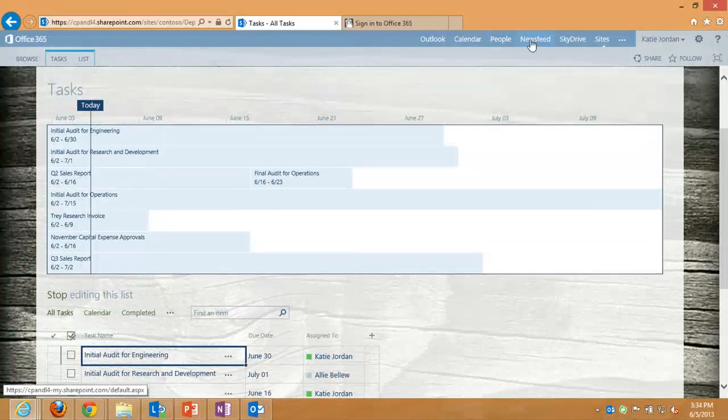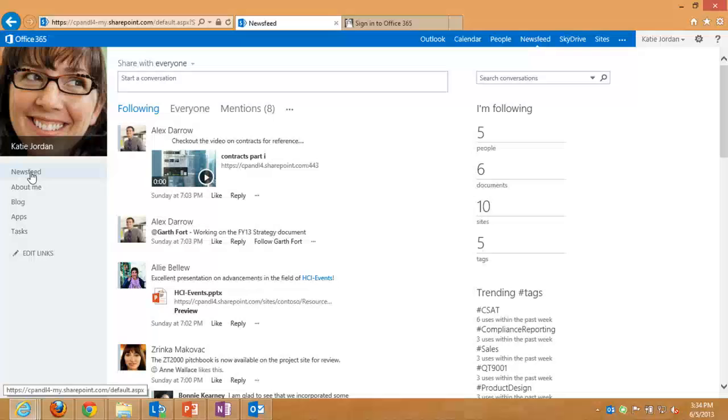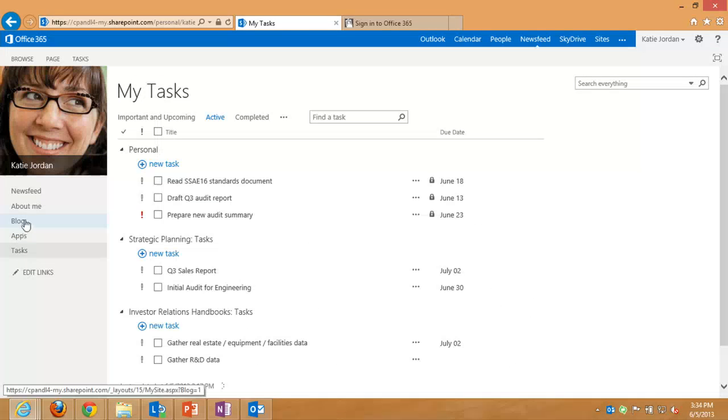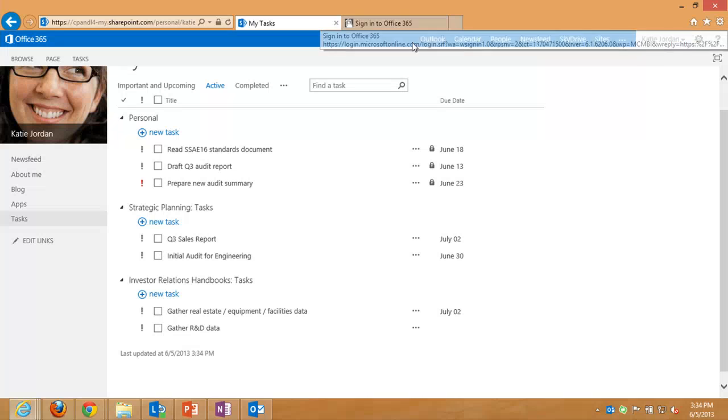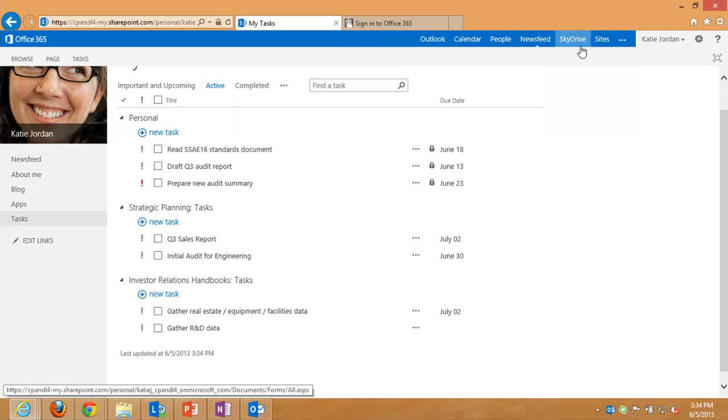And I'll just show you quickly, and we'll come back, what that looks like. So for Katie, if she goes to her tasks, she can see all the tasks across the different sites. This was the project that I was looking at, the strategic planning site. But you can see she also has some tasks related to a handbook that they're working on, as well as personal ones that she's created inside of Outlook or OA. So if we go back over to our site,